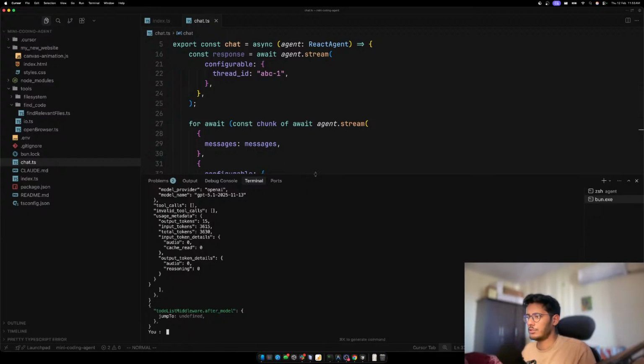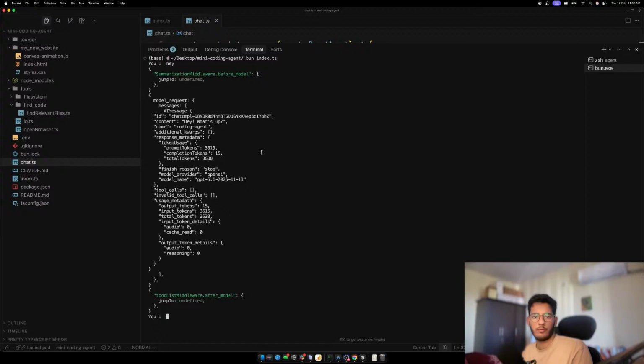Let's go and study what that response is, whatever it is giving us. So first is jump to summarize middleware before model, jump to undefined, leave that, and then we have model request, message, AI message, hey what's up, name coding agent, and we have all that. Okay,